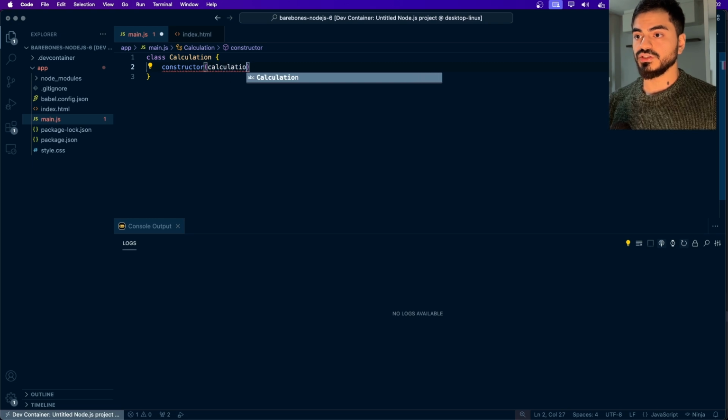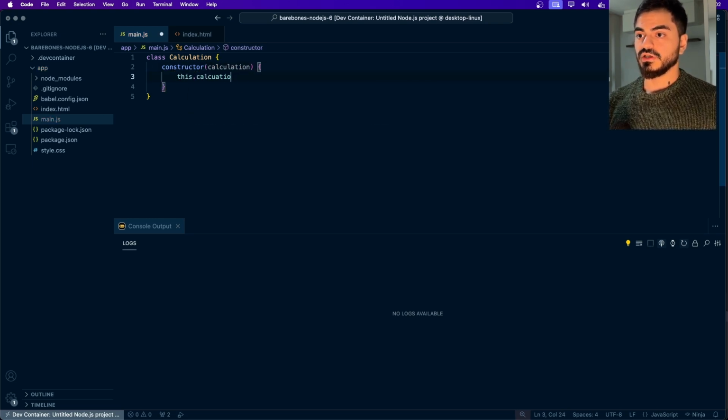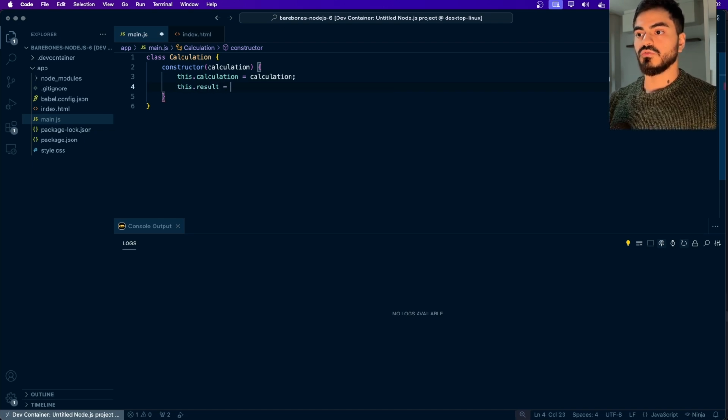So calculation, and let's set that internally. This.calculation equals calculation. So we'll have that set up, and also let's do this.result equals, and I'll do something that you should try to